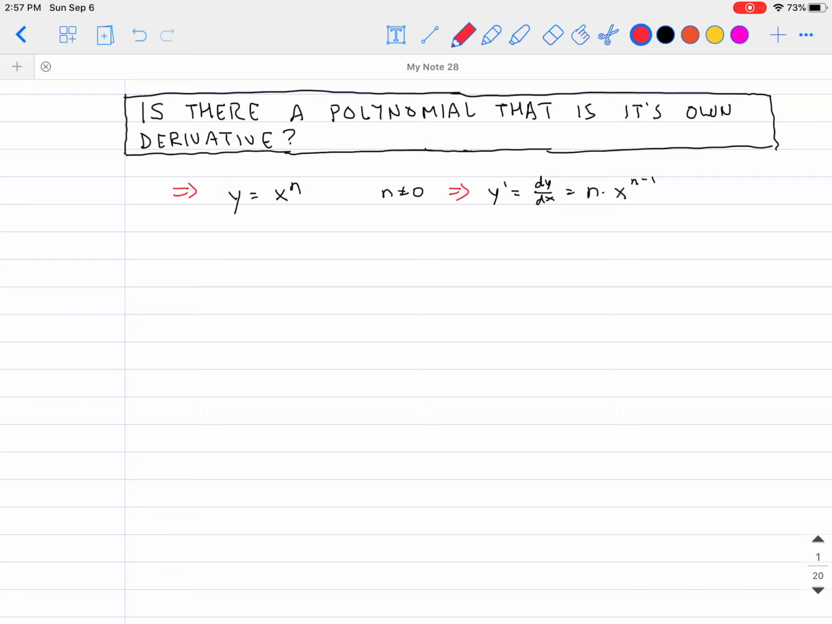I wrote down underneath it the power rule that we learned from this section, where if we have a polynomial where the function is y equals x to the n, where n does not equal 0, then the derivative is n times x to the n minus 1. Basically, the polynomial will lose one of its exponents, and that's going to be the derivative as a result. So right off the bat, we think to ourselves, okay, the answer is most likely going to be no, because